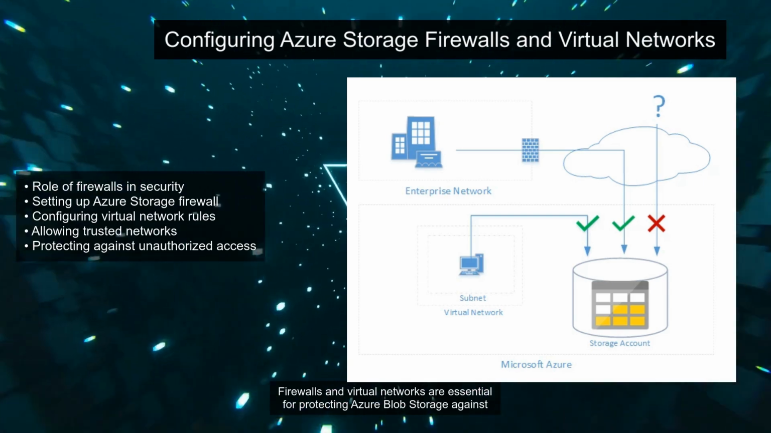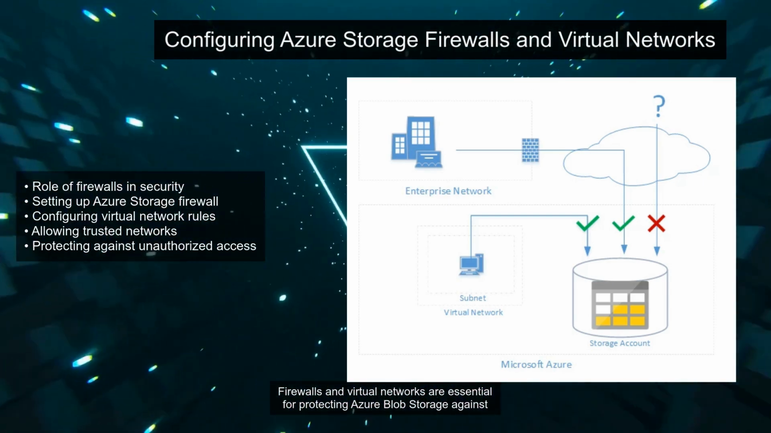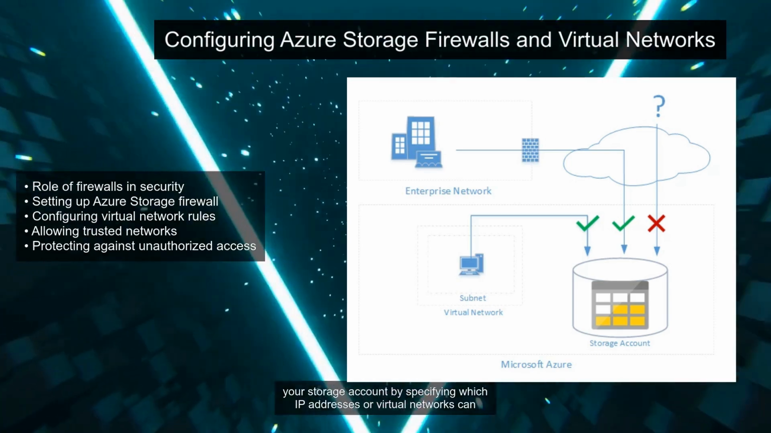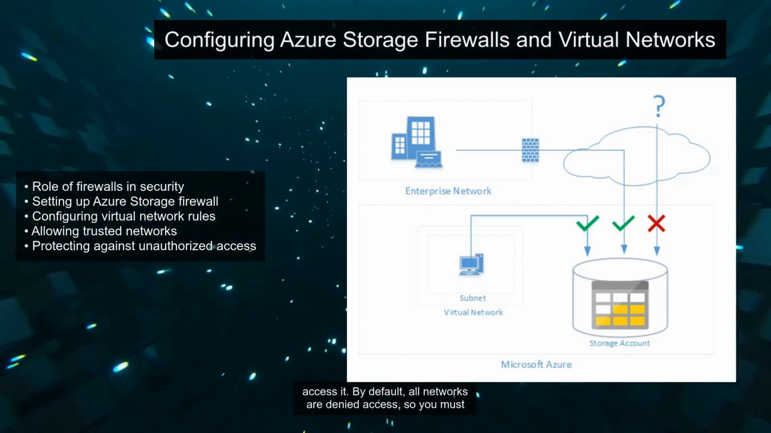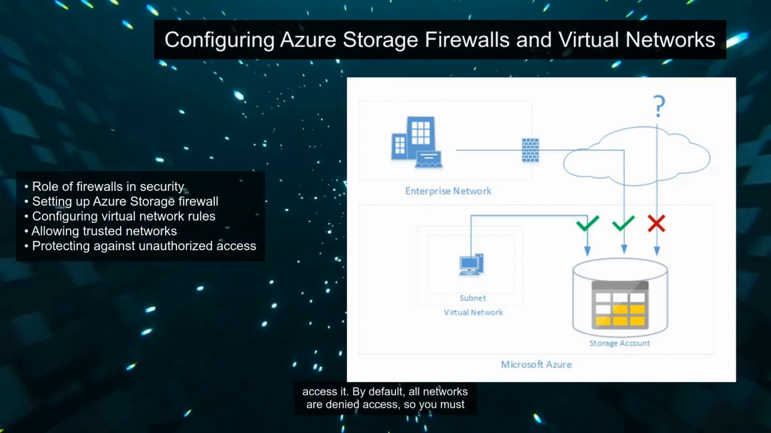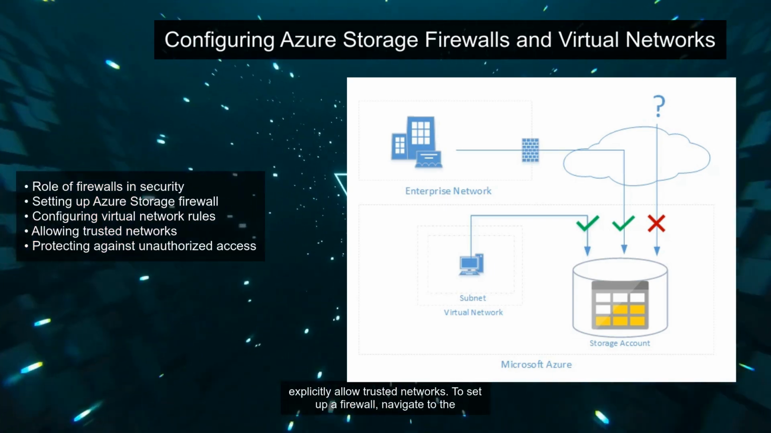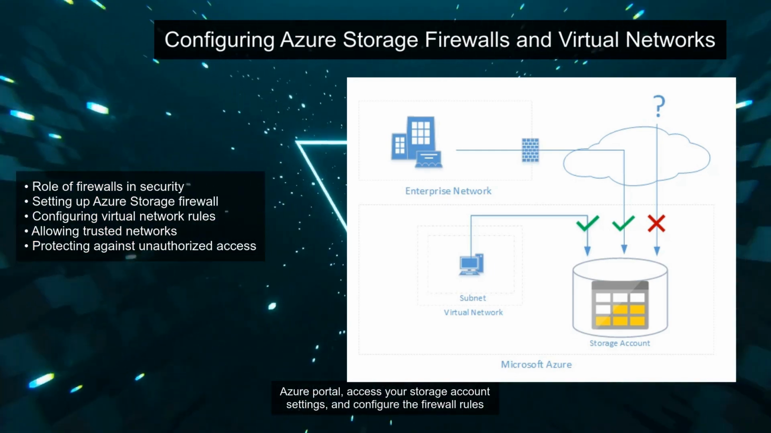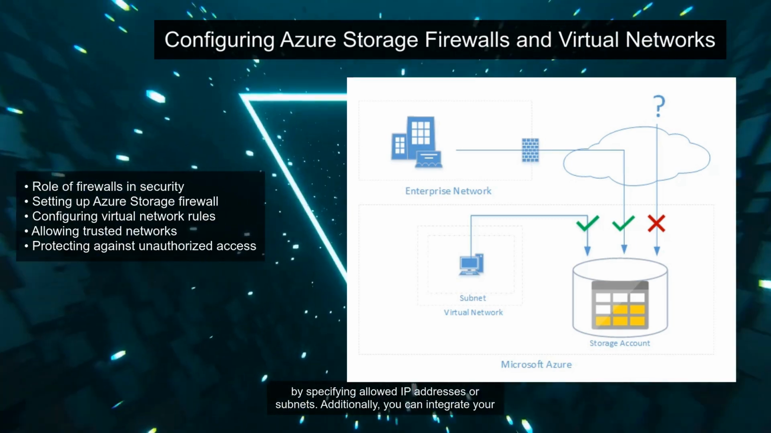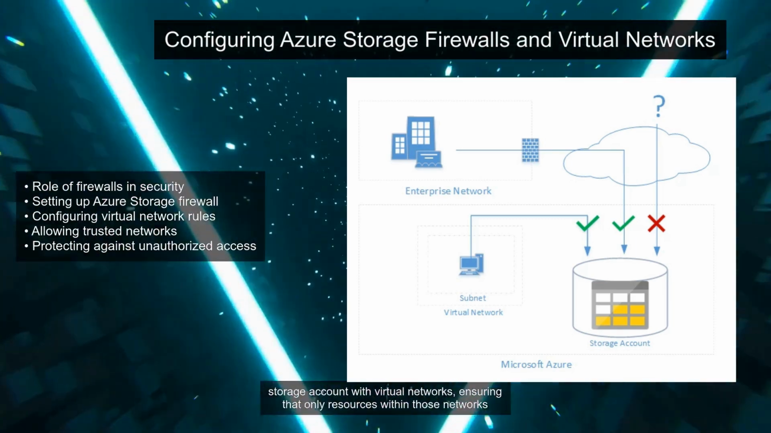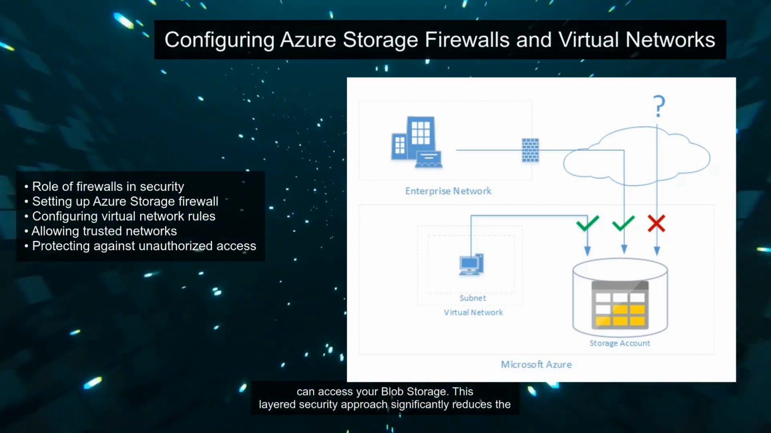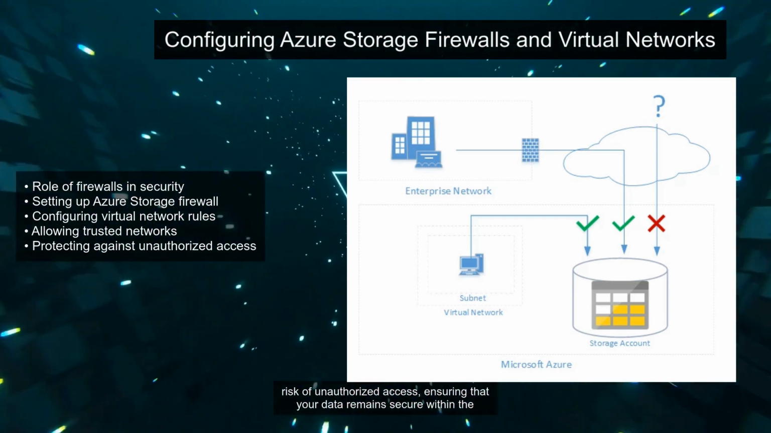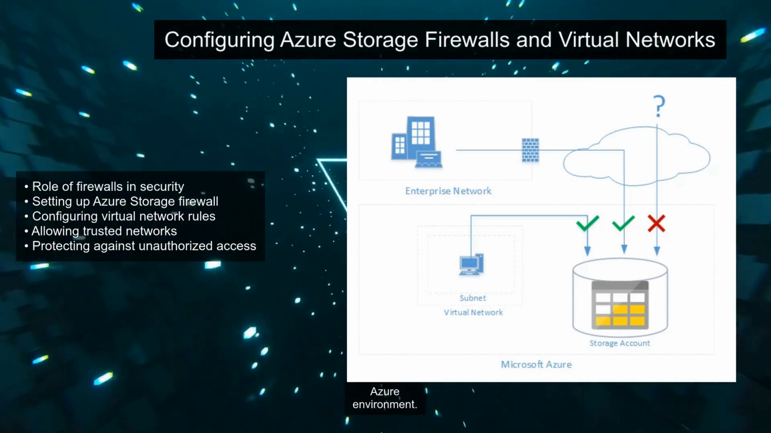is always protected. Firewalls and virtual networks are essential for protecting Azure Blob Storage against unauthorized access. Azure Storage Firewalls allow you to control network access to your storage account by specifying which IP addresses or virtual networks can access it. By default, all networks are denied access, so you must explicitly allow trusted networks. To set up a firewall, navigate to the Azure portal, access your storage account settings, and configure the firewall rules by specifying allowed IP addresses or subnets. Additionally, you can integrate your storage account with virtual networks, ensuring that only resources within those networks can access your blob storage. This layered security approach significantly reduces the risk of unauthorized access, ensuring that your data remains secure within